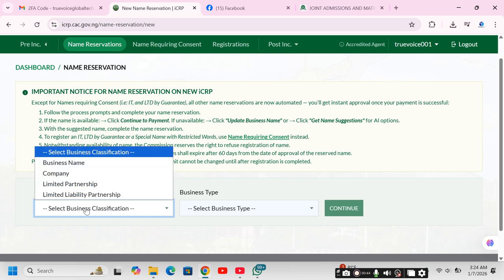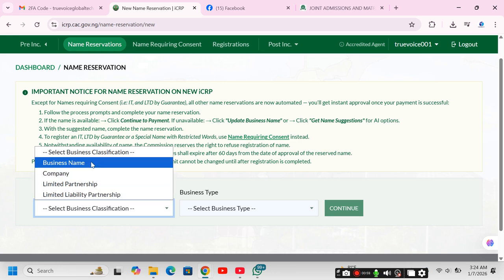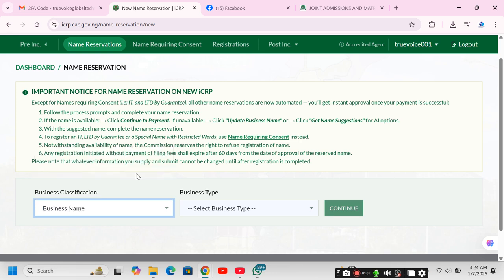Business classification. Then you can see we have business name, company, limited partnership, and limited liability partnership. We are not going to do all those things. That is the four segments of classes. We were in the business name class, so you select business name and then